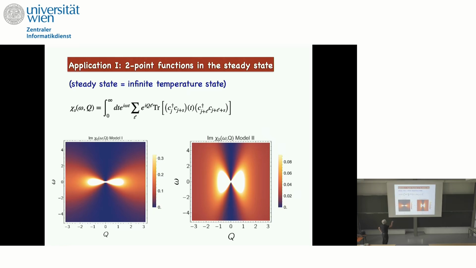And so here are plots for the imaginary part of this susceptibility where I take the distance between these two operators to be 0. So I look at the density in particular. So this is frequency, this is momentum, and the color coding basically tells you how big the susceptibility is. And to cut a long story short, what you see is the hydro mode around Q equal to 0, as you would expect. And in the non-integrable model also, but it looks a little bit different.